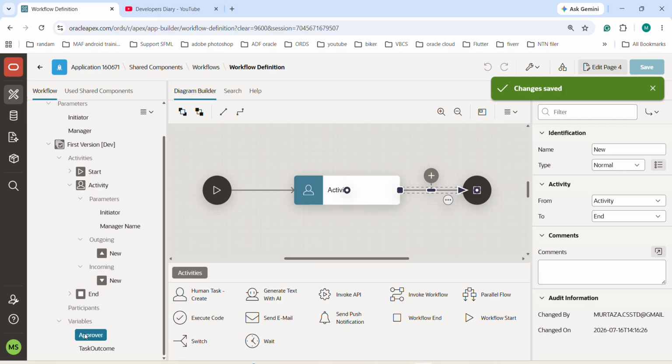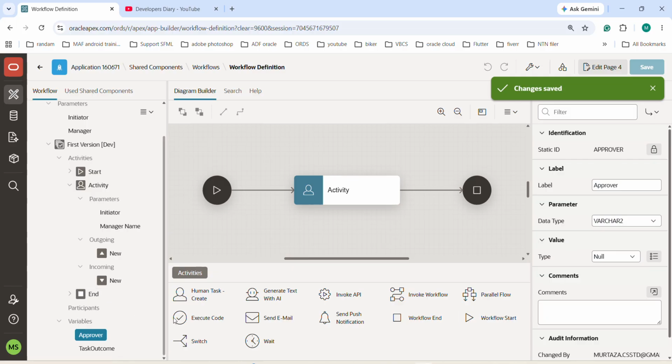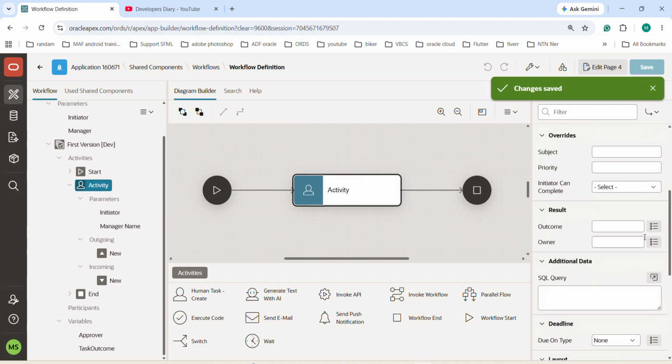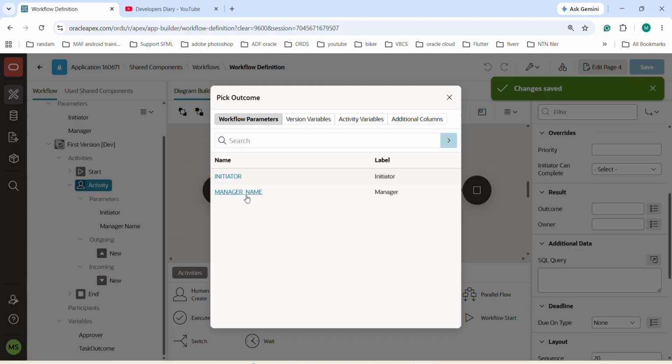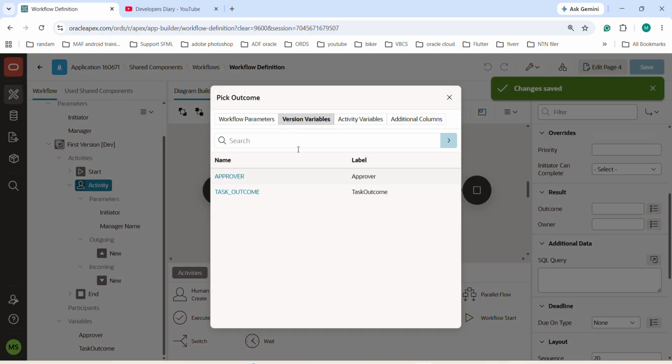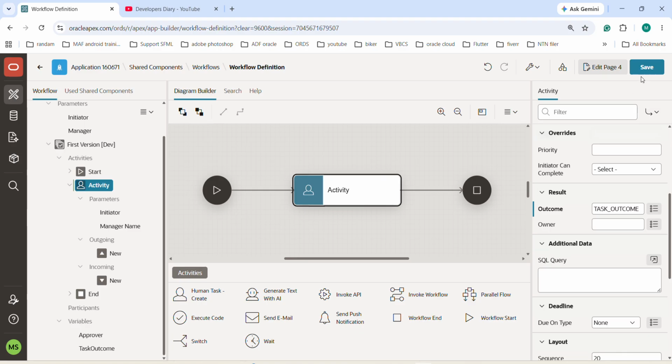After that, we need to mention the approver. This is the local variable, and you can also set the outcome of the flow. To define the outcome, we go to the activity, and here we have outcome. So we shall select the variable task outcome, go to the variable and click the outcome, then click save,